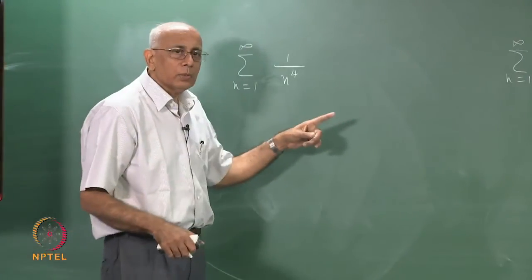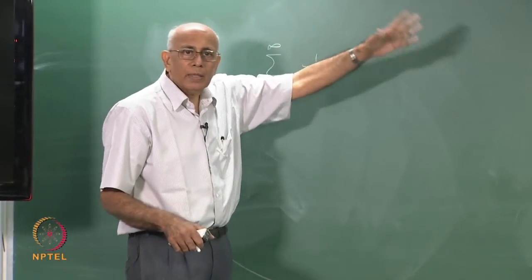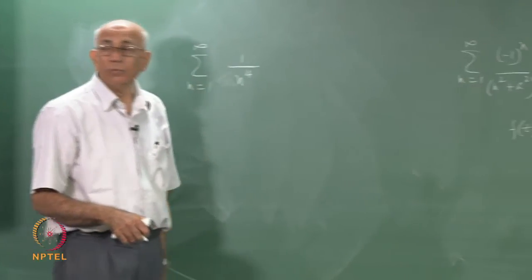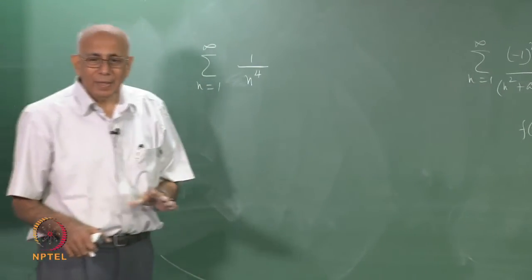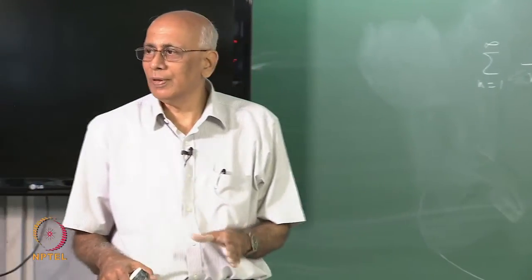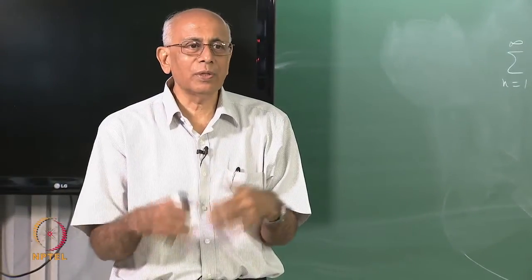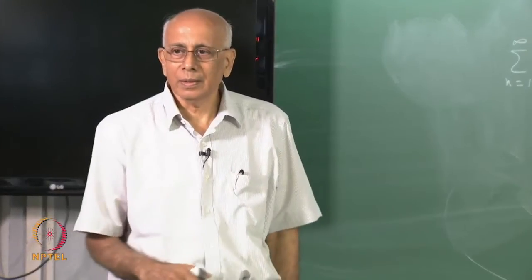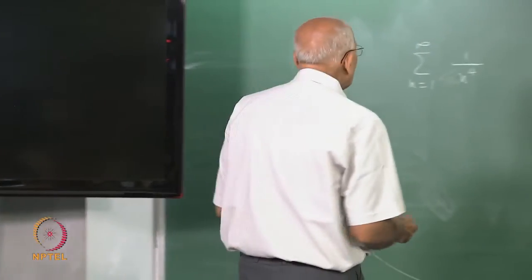Well, one way to do this would be to say I do pi cot pi z divided by z to the 4, but it is a little messy because now you have a pole of 5th order at the origin. You got to differentiate this cot 5 times, little messy. On the other hand, if you did this,